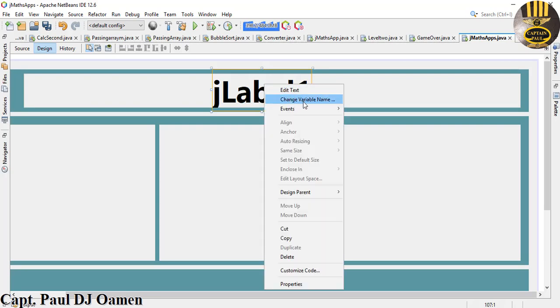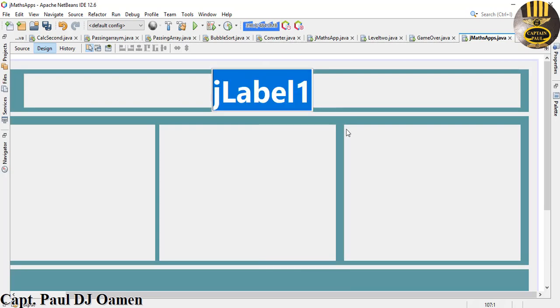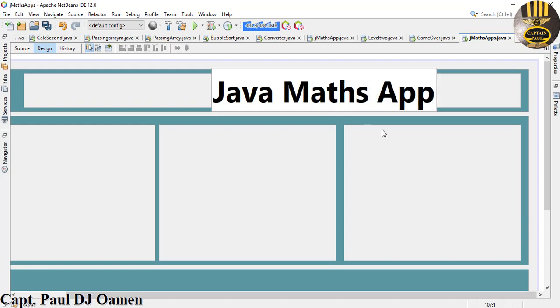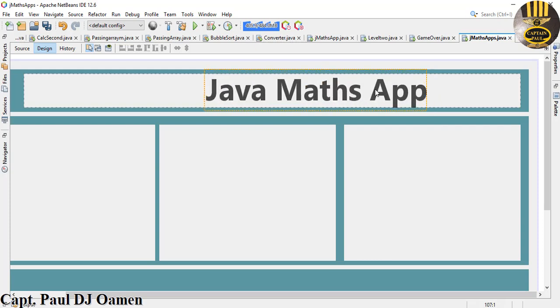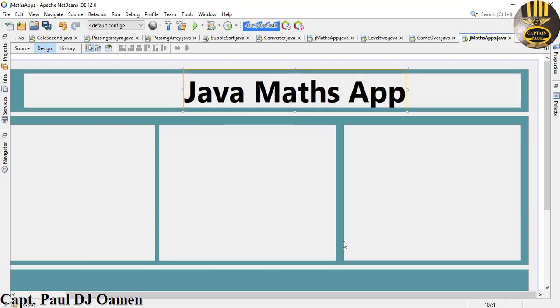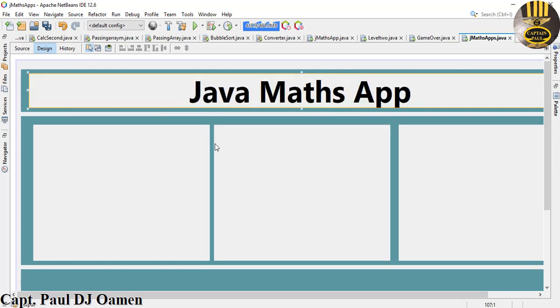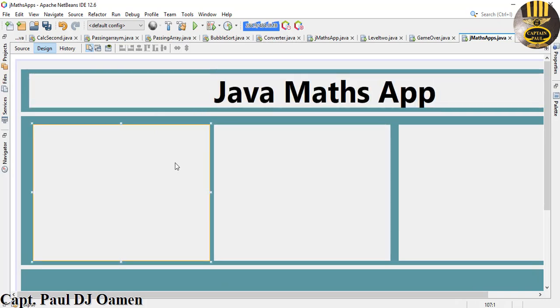Now you can right click and just change the text content on that to, I'm going to change mine to Java Math App. And there we go. That is that done. Very good. So the next thing I want to do now is right here, I'm now going to add some